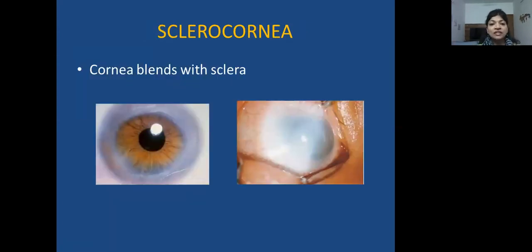Now, sclerocornea is another condition where the cornea blends with the sclera, so there is no clear demarcation line between the sclera and the cornea. It can be partial, like in this photo where only the periphery is affected, but the central part of the cornea, especially in the region of the pupil, is clear. These kids normally have good vision. The only thing you need to rule out is refractive errors in these babies. So right from the age of 3 months, you would need to do refraction to make sure the baby doesn't require glasses. Whereas if you have a total sclerocornea, as seen in this case, prognosis for vision is very poor, whatever you do for this baby.